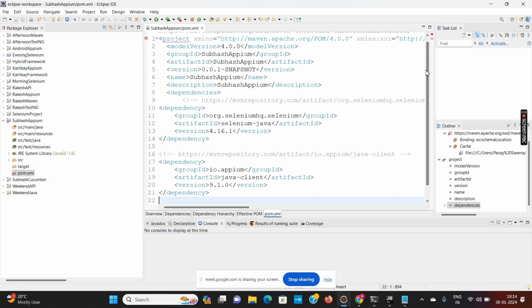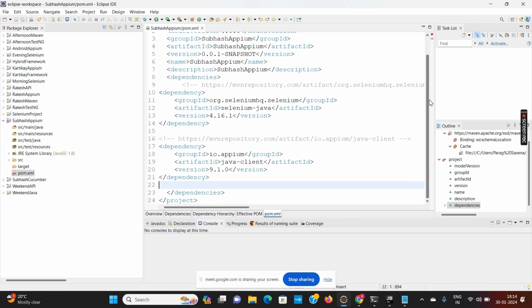Then, I told you that we can create the test framework by using the TestNG library or by using the Cucumber library. So similarly in Appium also you can use the TestNG framework or the Cucumber framework. So you can choose any one of them.